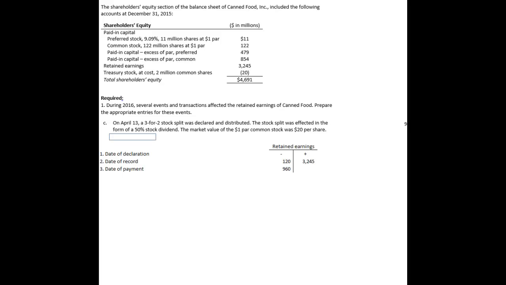On April 13th, the board of directors declares a 3-for-2 stock split. That means for every 2 shares you have, it turns into 3. And that's significant for the shareholders. However, we learned that a stock split is what we would call a large stock dividend, defined by how much